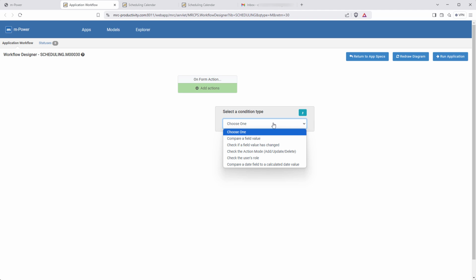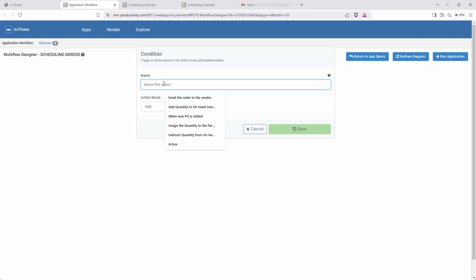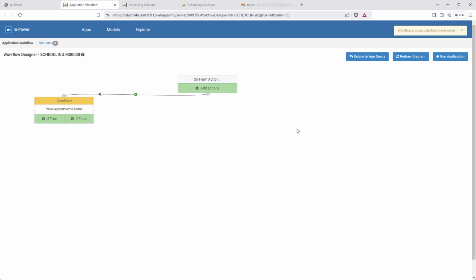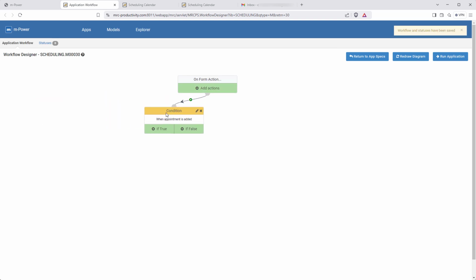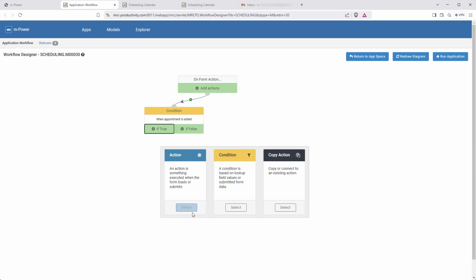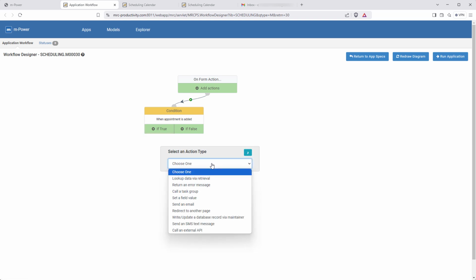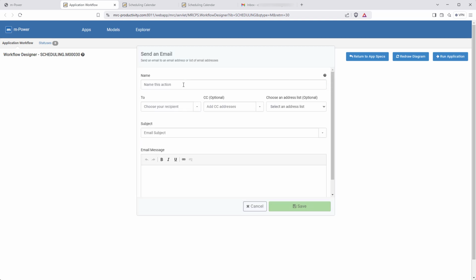Empower's Workflow Designer lets me create all types of automations that can be triggered by a number of different conditions. I don't have time to show you everything, but I could really do a lot in here. For instance, I could even set up an API for, say, the salesperson's Google Calendar and automatically have appointments added to their own calendar when they're added to this calendar. I won't set that up in this video, but we do have other videos on working with APIs in Empower.